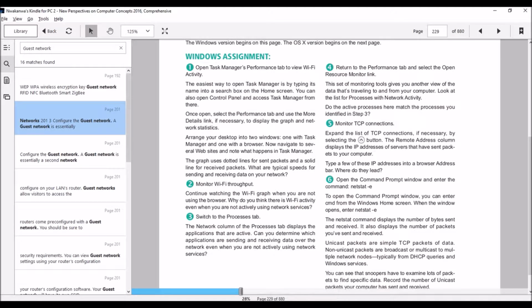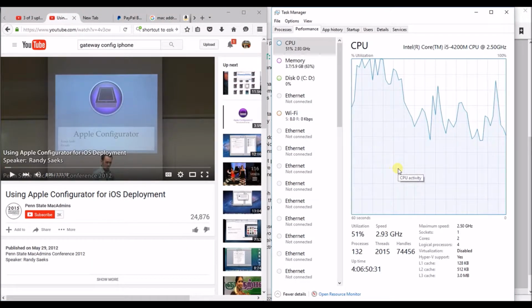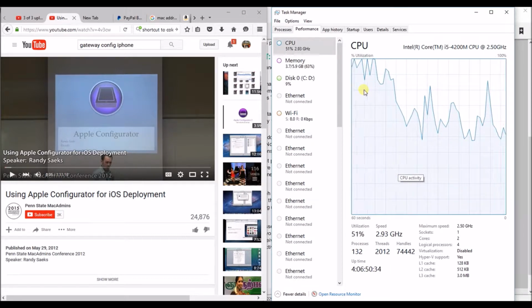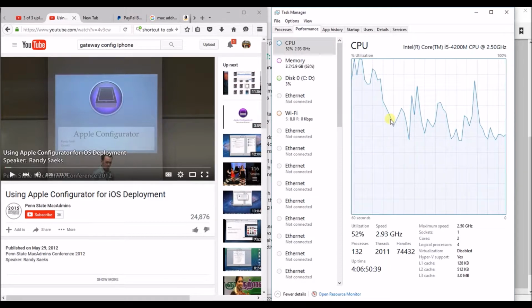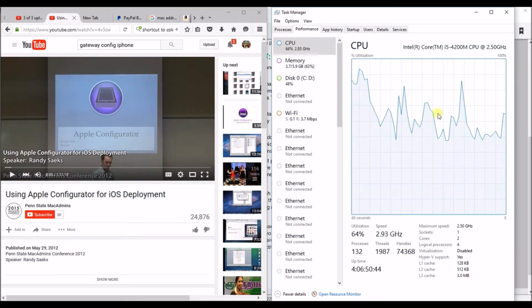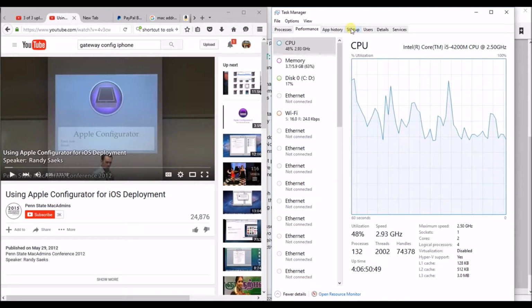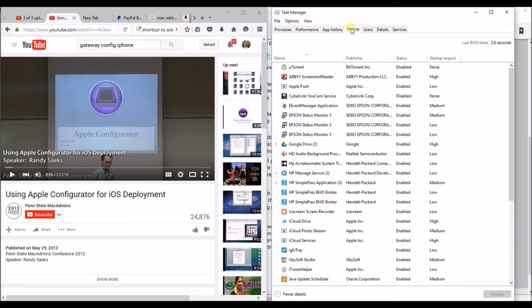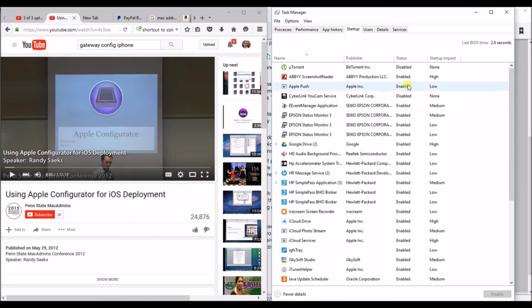Okay, back to this. Now, the reason why I'm having activity is because there's some services that run in the background, and these services could be found at the startup. These are services right here that run in the background that I enabled. These are services that run in the background that we have here,